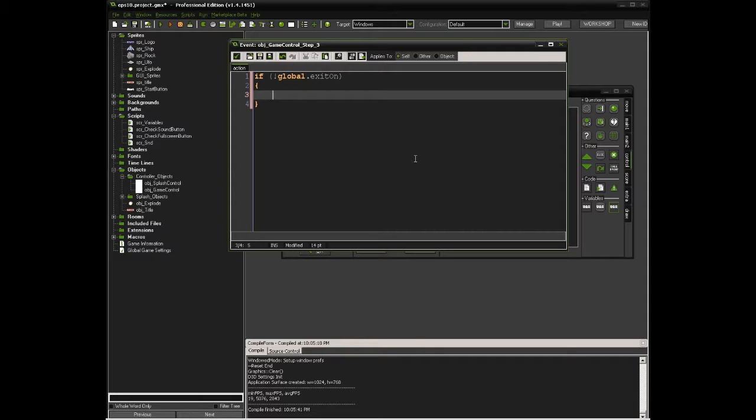If it equals false, I guess I'll just keep it really simple right now, because there's a little bit of complication to this. Okay, so if it's not on, oh no, if it is on, and do something else,